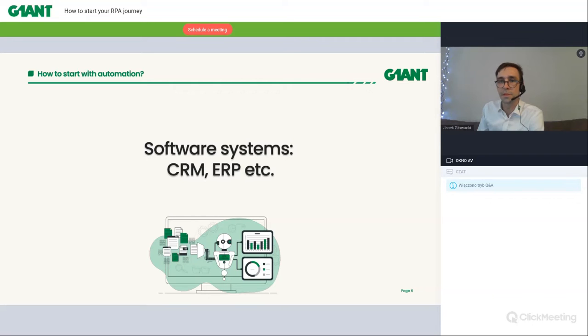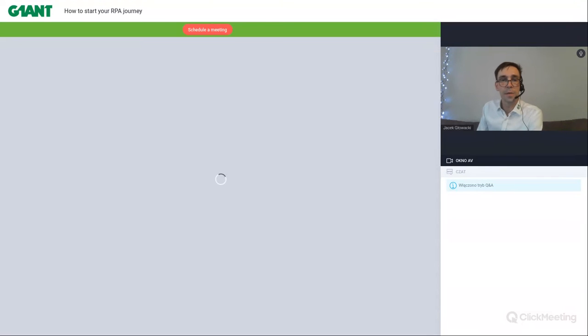Also, any kind of CRM system or ERP system which you might have in your organization right now, we can automate. That means that your employee doesn't have to put information into those systems manually. We can have an automation which puts all the necessary information into the system for your employee. So the employee just needs to work with the result. The robot does all the calculation and all the gathering of the information. The employee just needs to work with the final result, make the decision, and that's it. Let's move on.